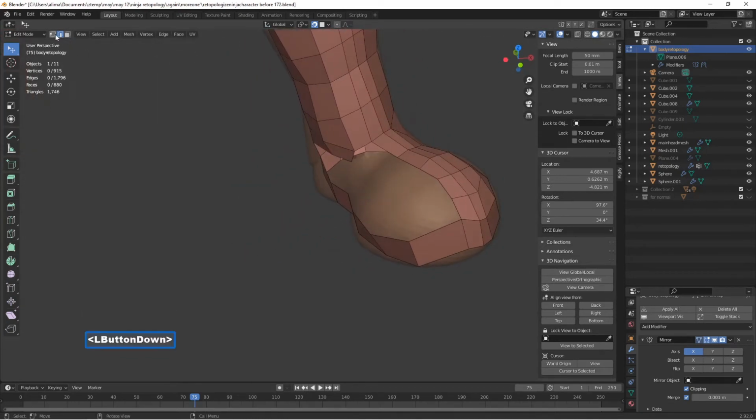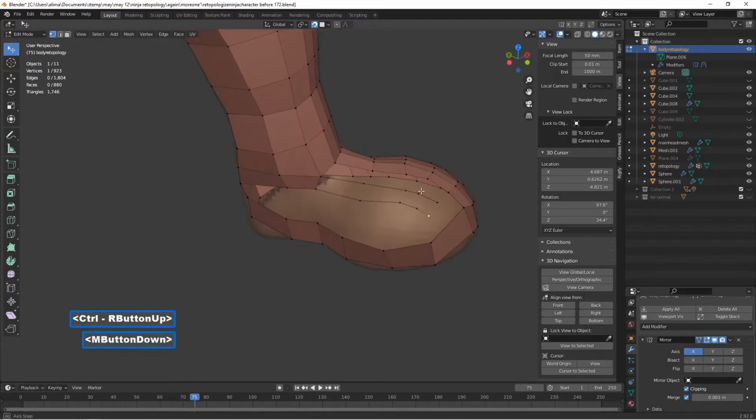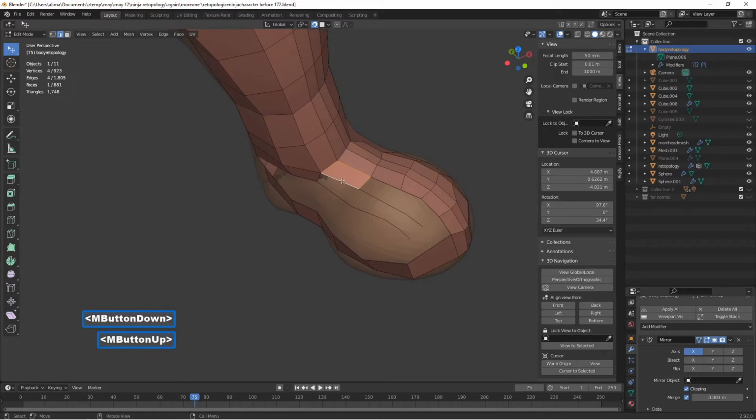I'm going to vertex select. Select here, hold control. I'm looking there. Control, control. Selecting here. Very similar. I'm going to go to edge select there, press F, select there, press F, select here, press F,